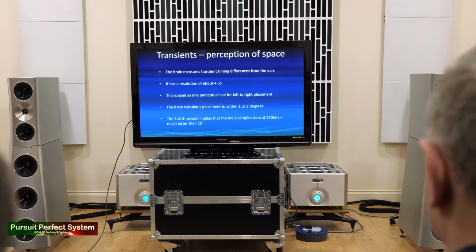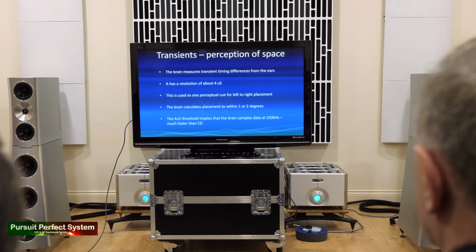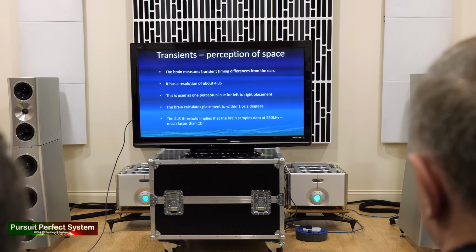And what the brain has got is something called the interaural delay. And these are a set of neurons in a chain connected from one ear to the other ear. And each neuron has got a delay of about 4 microseconds. Some people put it at 6, some people put it at 10, some have said 4 microseconds, but it's 4 to 6 microseconds. Each one's got a little delay. When you connect the delay together, when the signal hits one neuron from the left side and the right side, the neuron will fire. And they did this experiments with cats in the 1950s where they anesthetized a cat,